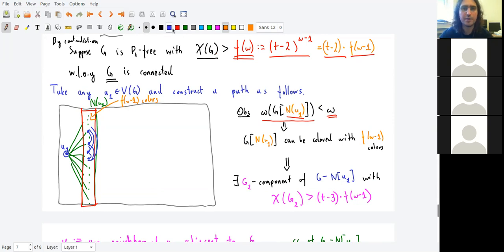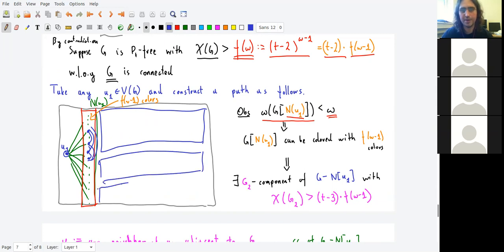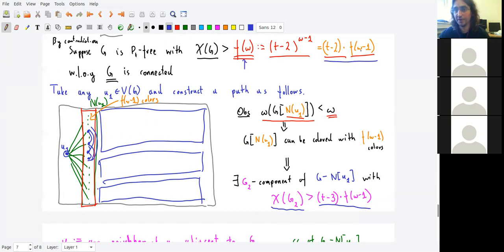So now let's look at the connected components of the rest. Let's remove from the graph U1 together with all the neighbors of U1, and then the graph dissolves into several connected components. Here is one, here is another one, here is yet another, and so on. I claim that one of those connected components needs to have large chi, needs to have chi larger than (t minus 3) times f of omega minus 1. Recall that f of omega is equal to (t minus 2) times f of omega minus 1. Why? Because if chi was smaller or equal to (t minus 3) times f of omega minus 1 in each of them,